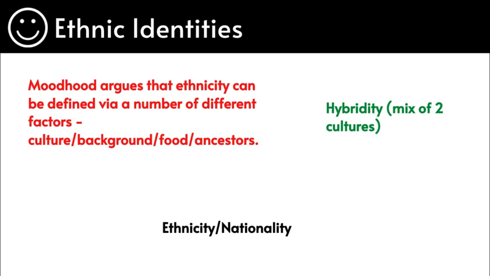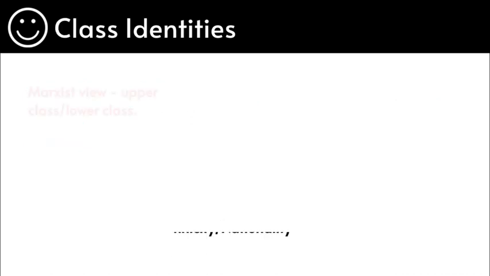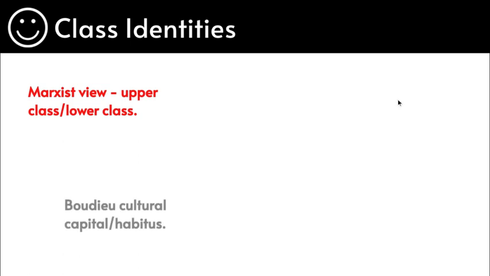So you must understand that ethnic, gender, and all of these things make individuals unique from each other. So that's where it comes in with the definition when we looked at the differences. Class identities is another one. So we can look at Marxists, the bourgeoisie, as well as the proletariat, how they have more cultural capital because they are socialized into education, they've got the money. This is all in education, guys. So if you go into my education video where we looked at bourgeois, cultural capital, or habitus, you'll find it all there. You can just link those sociologists in with this, and there you go, you've got the perfect answer.